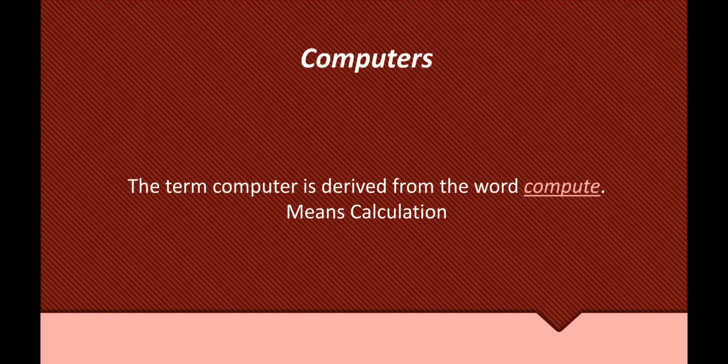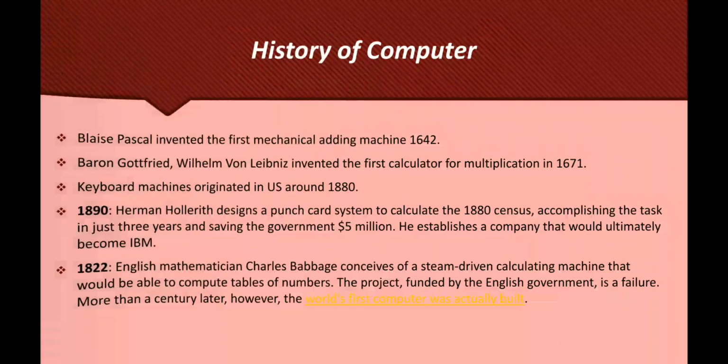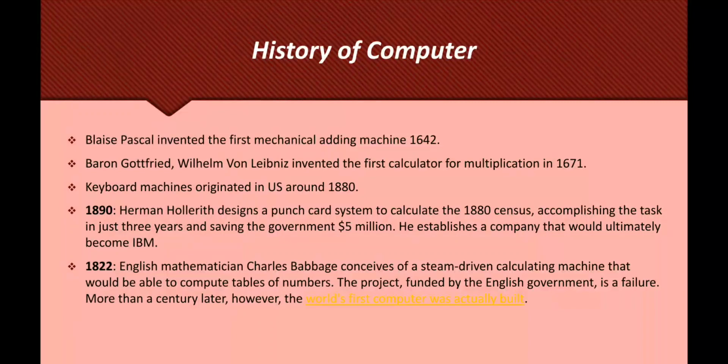Next one is our history, that is, what is the evolution of the computer. Where did it originate, where did it come from, right? So these are some points. This is a brief history of the computer system. There are many more evolutions besides these, but it has these some points to discuss the brief history of the computer. So first one is Blaise Pascal invented the first mechanical adding machine in 1642. So he invented a machine in 1642 to add the things, to add the numbers, right?